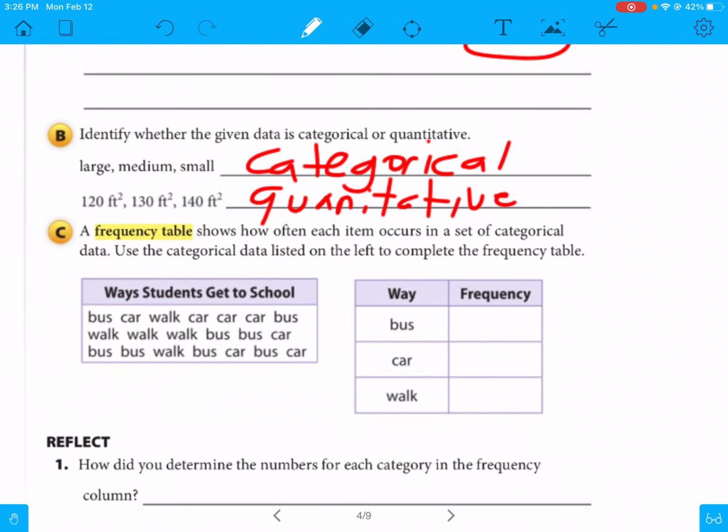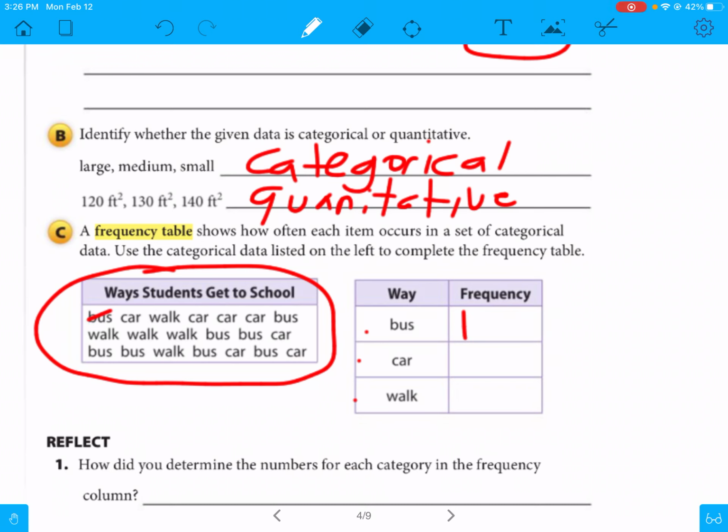Okay, so for part C, we have a frequency table. A frequency is how often something occurs. So if we look, we have the way that they go. We have bus, car, or walk. And for the frequency, I'm just going to go through the table here and put a line or a tally mark every time they do that. So we have a bus, car, walk, car, bus, walk, bus, car, bus, walk, bus,